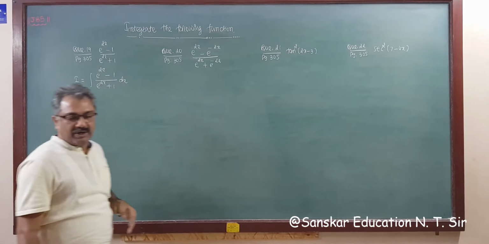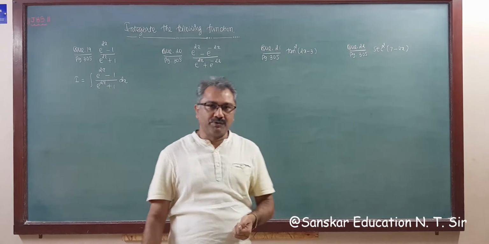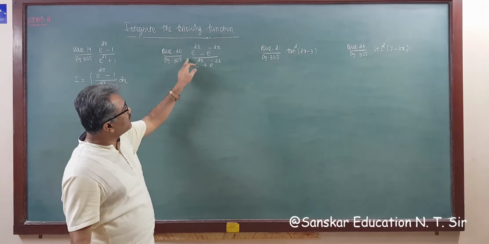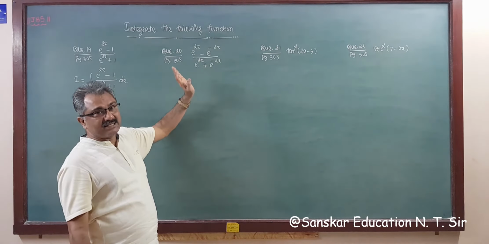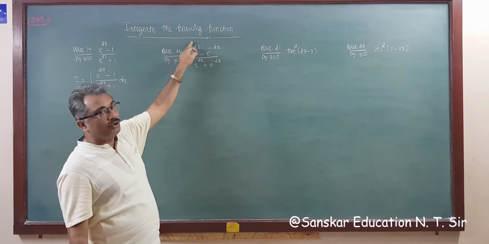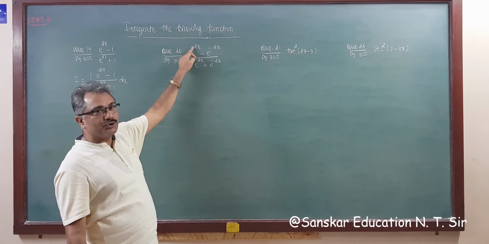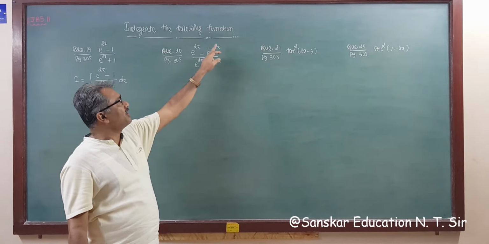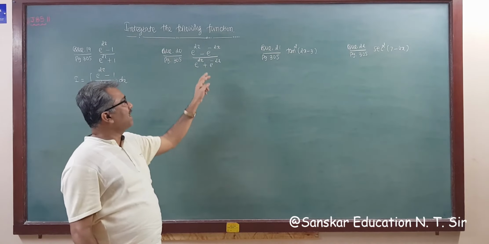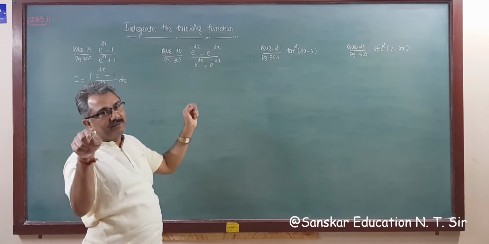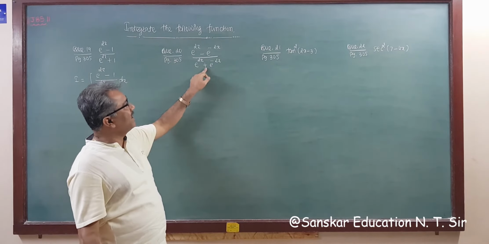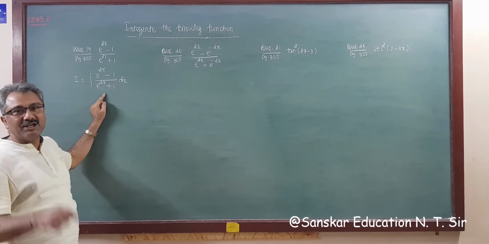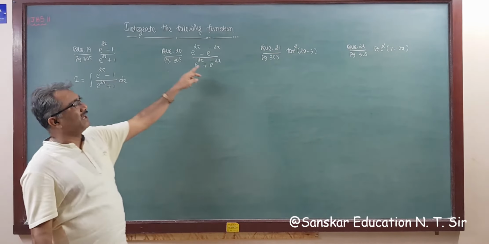So in this type of question, what do you have to do? It is given e raised to twice x minus 1. Now see here, this is also a question where the derivative of the denominator is in the numerator, but in this type of question you have to take e raised to x common, so it becomes like that question.